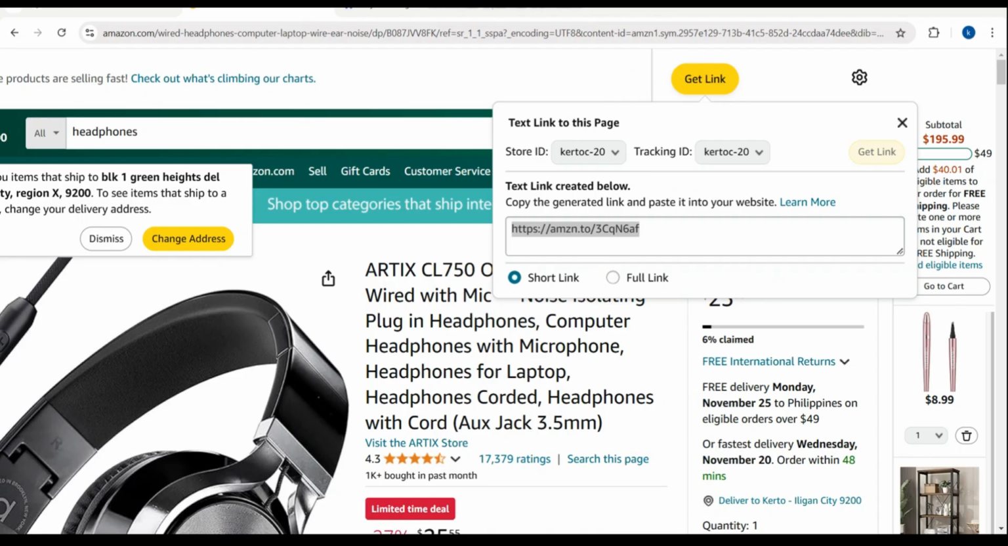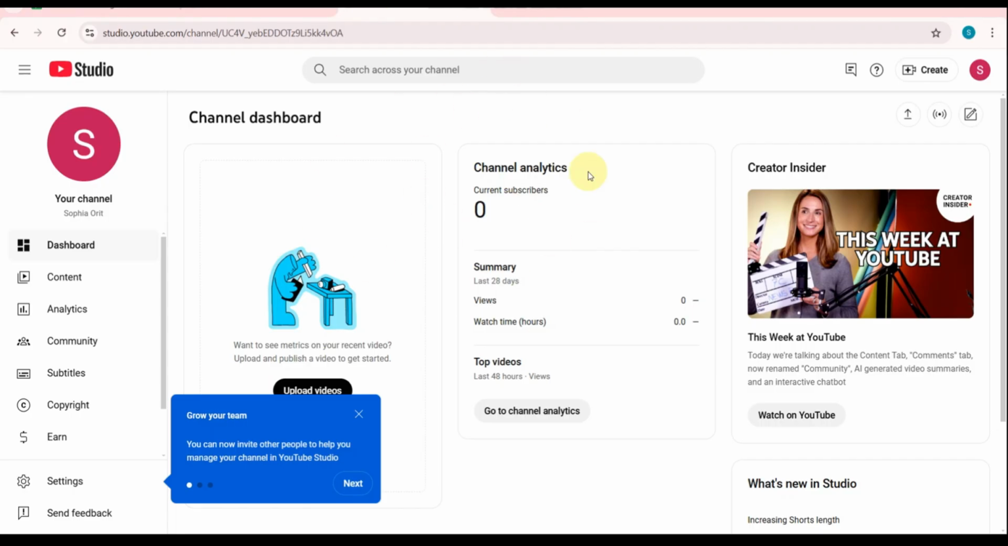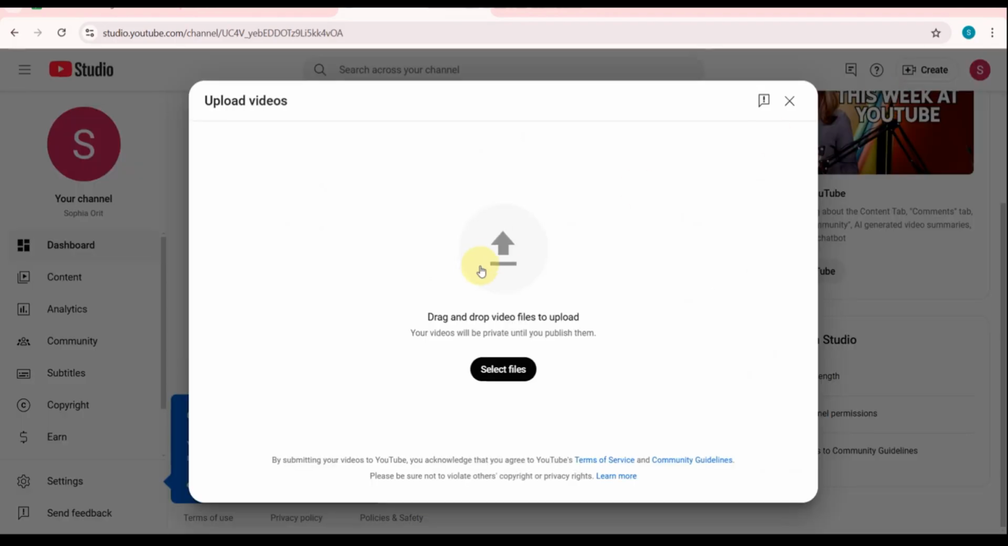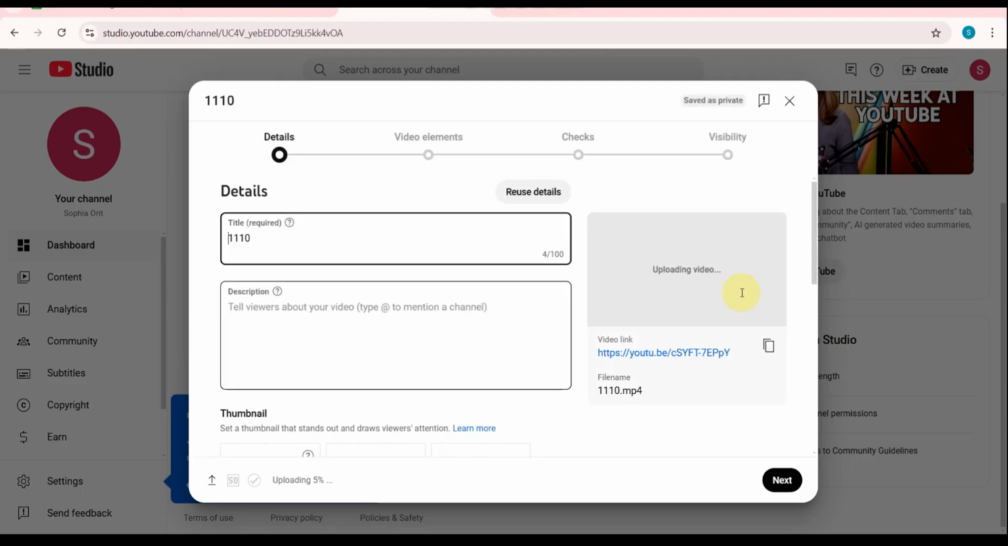Going back to the other website, which is your YouTube Studio, you just need to open the content tab and upload your video connected to your product. After that, open the content tab and choose the video you want to add the link to. In the description box, you just need to paste your Amazon affiliate link